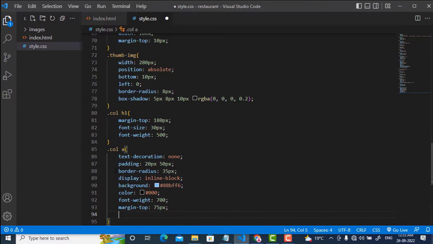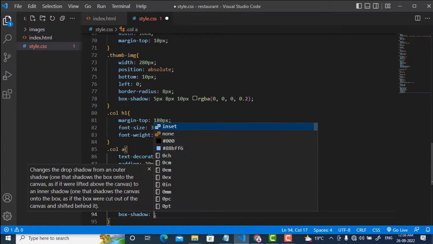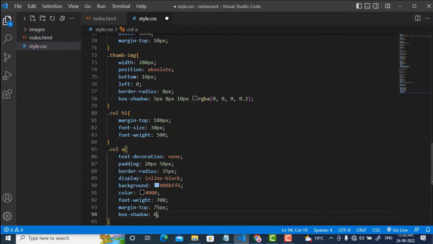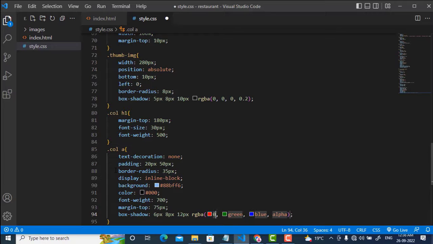Box-shadow: 6px, 8px, 12px, rgba 0, 0, 0, 0.2. Save